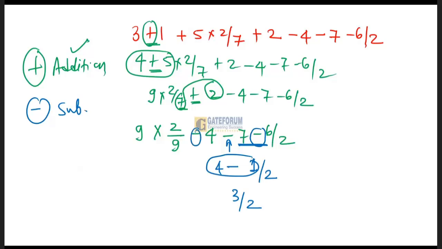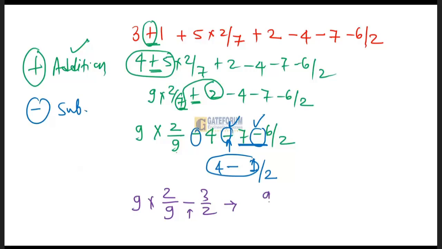The next one is this minus, that is 2, and here it is 9. So after this particular subtraction and after this particular subtraction, my equation will look like this as follows: 9 into 2 by 9 minus, this we have done, that is 3 by 2. Now you know that if I am going to perform this, then obviously this is the right associativity operator,